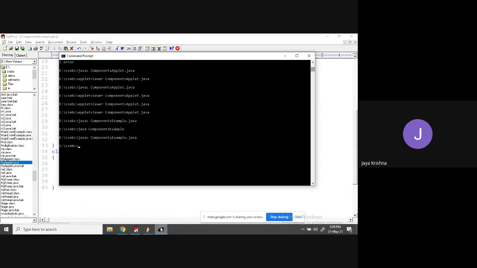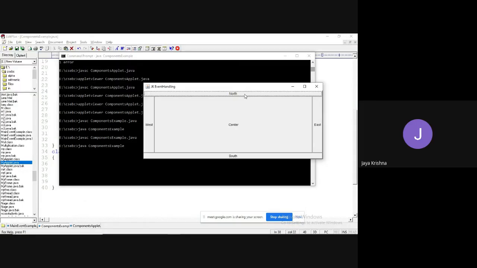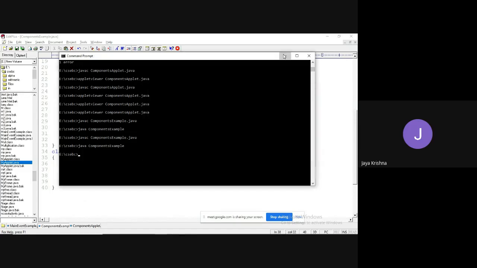Yes, successfully compiled. Observe, guys. This is the north button, this is the west button, center button, south button, east button. If you would like to rename, you can rename also.